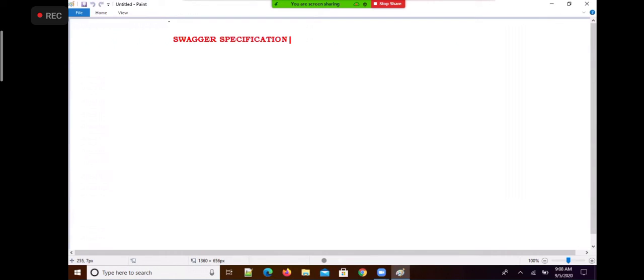This Swagger specification has multiple implementations. In Spring Boot, we use the Spring Fox implementation of Swagger. Spring Fox is an implementation of the Swagger specification, and Spring Boot uses it to prepare the documentation.